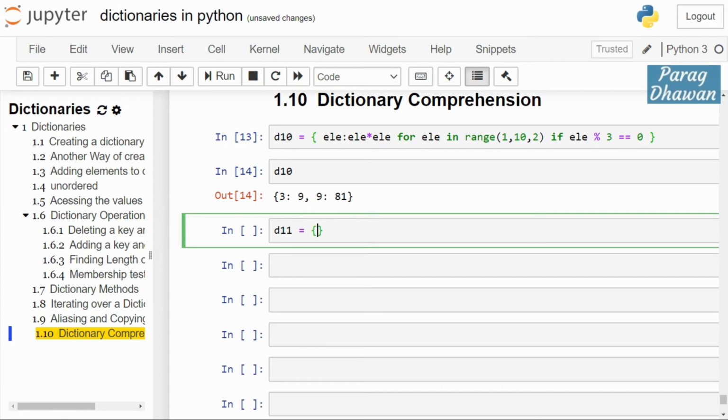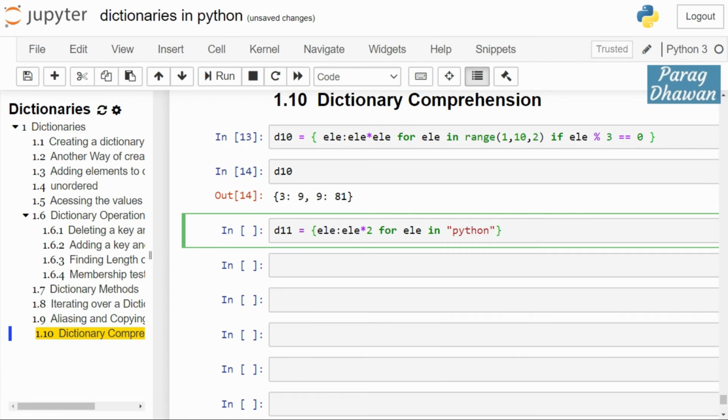You are using the first as key ele and the second as value. So the same element ele will be the key and ele into 2 will be the value. So you generate key value pairs for each element in the string